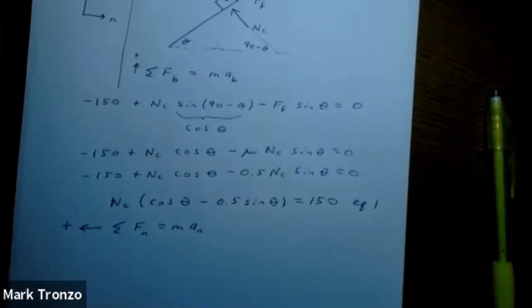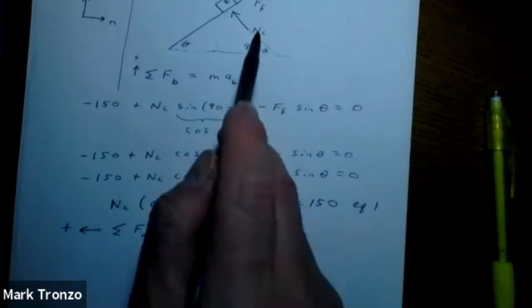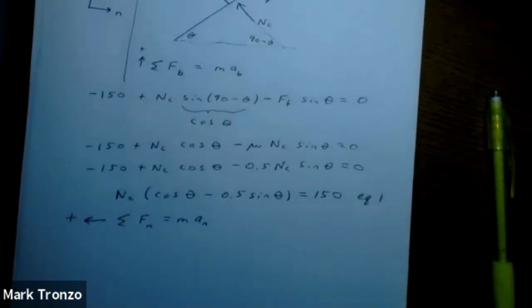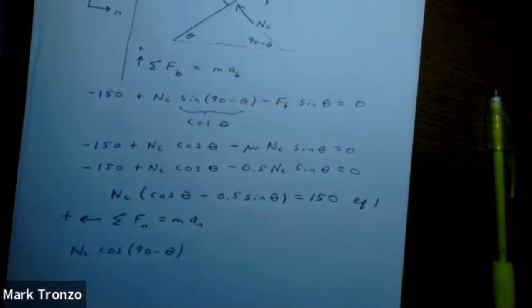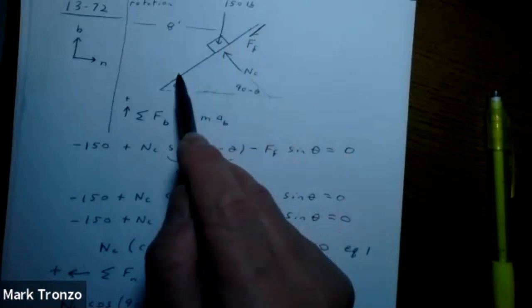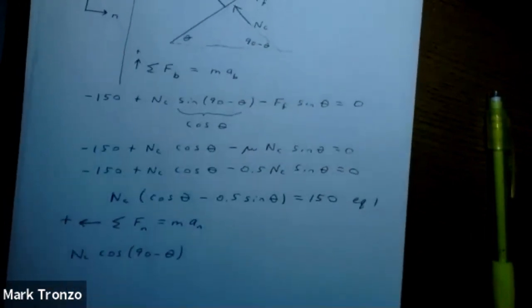Our NC, again, to put that in the normal direction, is going to be NC cosine 90 minus theta. And then for our friction, to get it in the normal direction, it's going to be